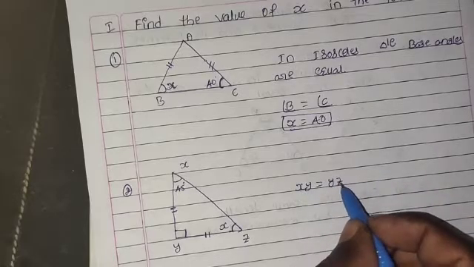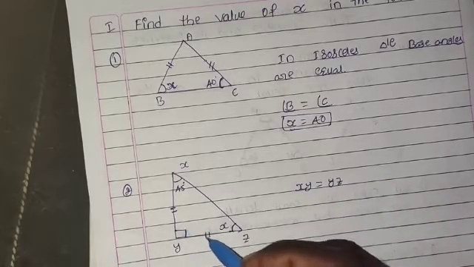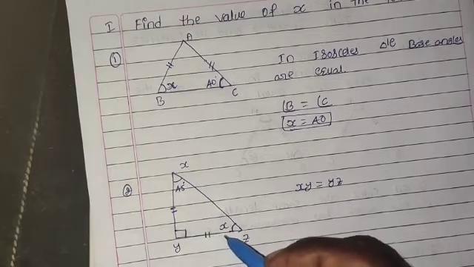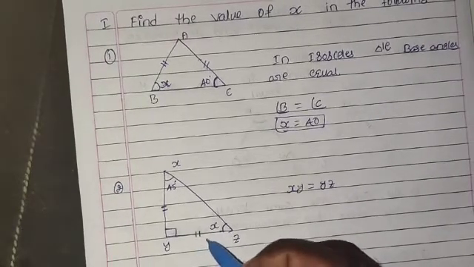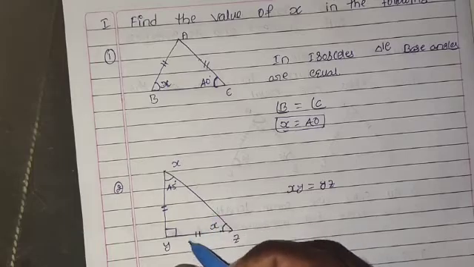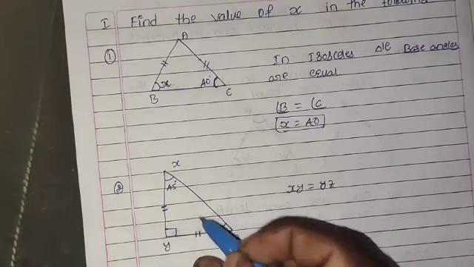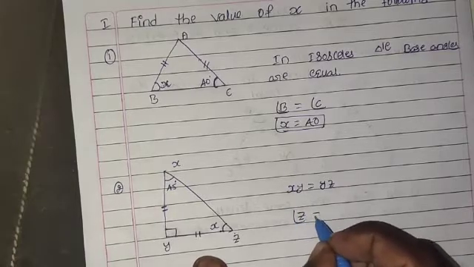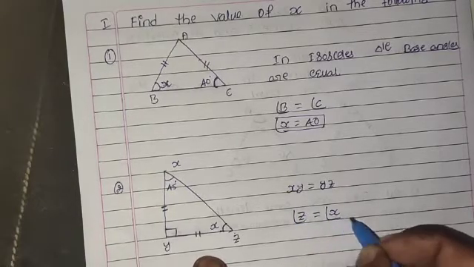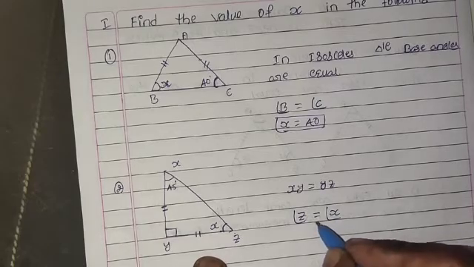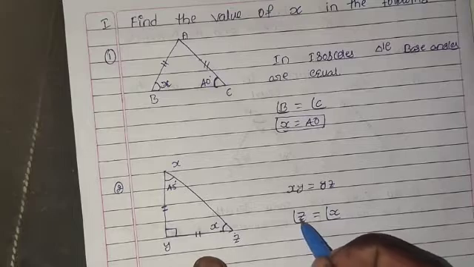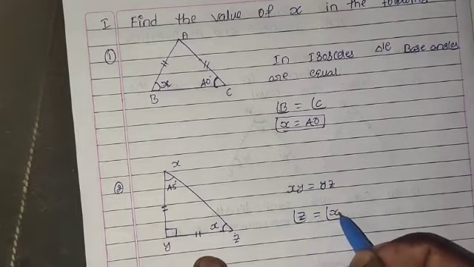Okay, this side is equal to this side, so two sides of the triangle are equal, so it is an isosceles triangle because two sides are equal. Which are the base angles here? The base angles which are opposite to the equal sides are angle Z and angle X, which means angle Z is equal to angle X, because in an isosceles triangle the base angles, which are opposite to the equal sides, are equal. So angle Z is equal to angle X.